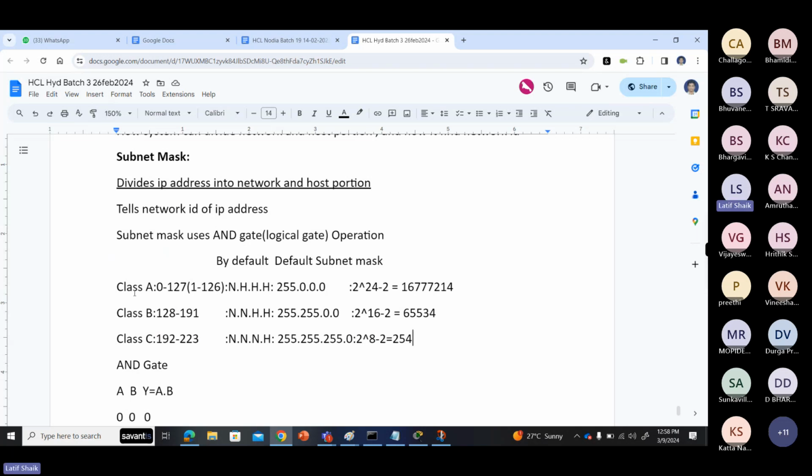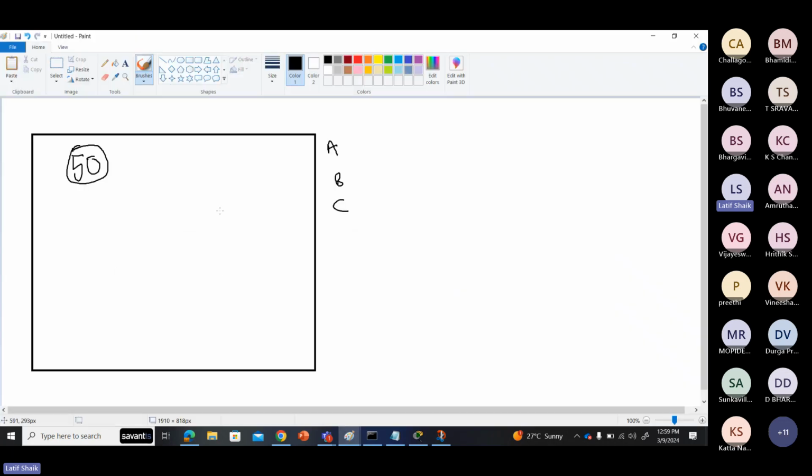Same goes for class A. Only one network portion, remaining are host portions, 2 to the power of 24. This is almost 16 million hosts you can connect in a single network. So what is the advantage of it? Why should we divide IP addresses into multiple classes? For different purposes: multicasting, reservation, future use. Another is limiting the number of hosts per network,